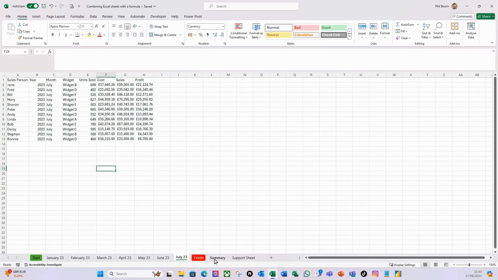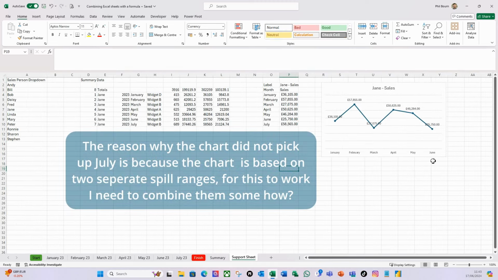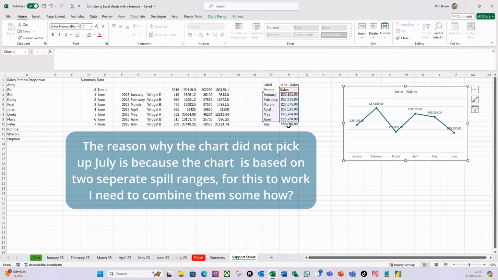Go to my summary. So we've got July there, wonderful. But July is not included on here. And the reason being is that July here has now been added, but this is not a dynamic range. So we've got to make this